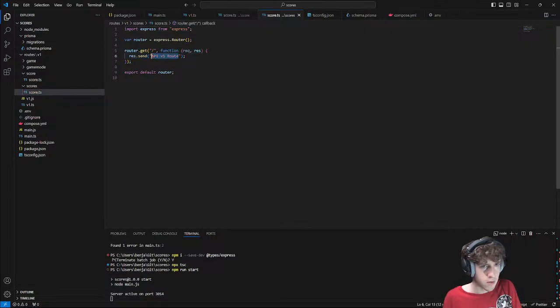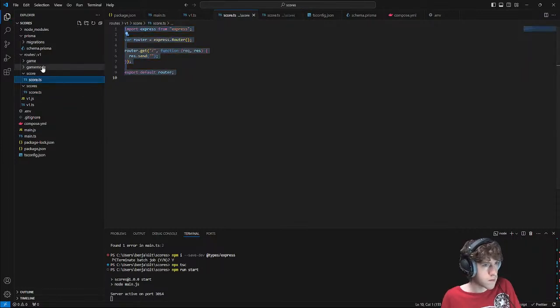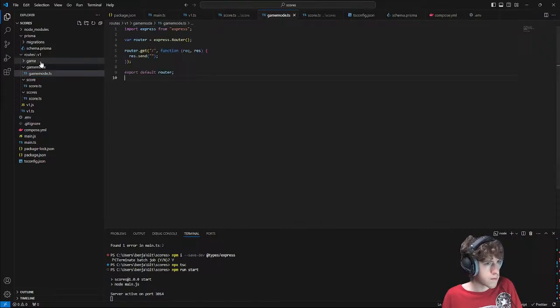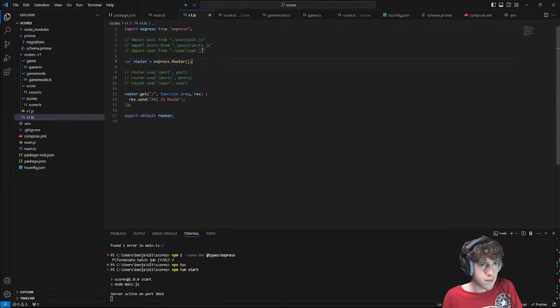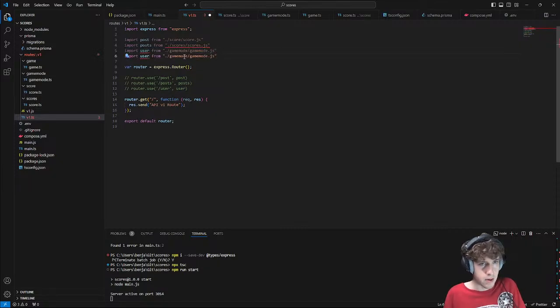I'll just do an empty string for now. GameMode.ts, game.ts, import all these. Instead of post, this would be score, scores, game mode, and game.